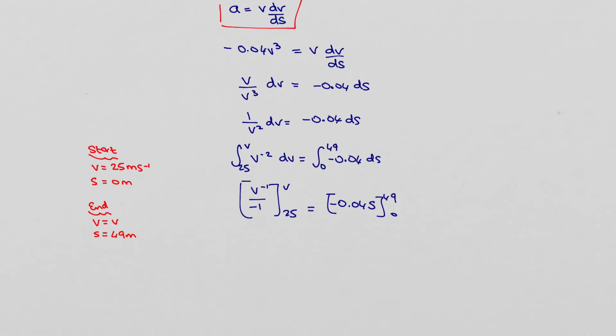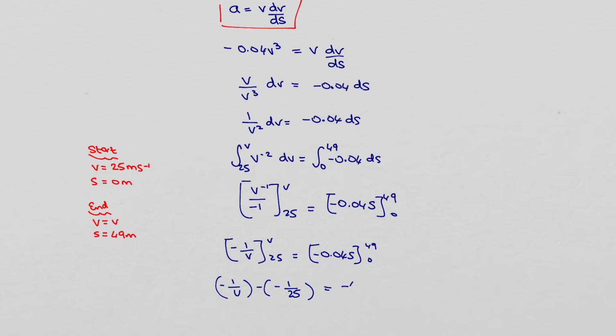So that's the same as saying minus 1 over v. Now if I sub in my limits, upper limit minus lower limit, that's minus 1 over v minus minus 1 over 25 is equal to minus 0.04 times 49